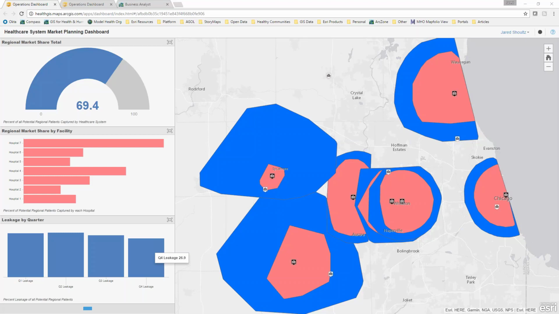Taking a spatial approach also allows health systems to better define their overall service areas using the exact locations of their patients. Pictured here with red primary service areas and blue secondary service areas for each one of the individual facilities, pictured in black. These targeted service areas often overlap and vary based on the overall population density and accessibility